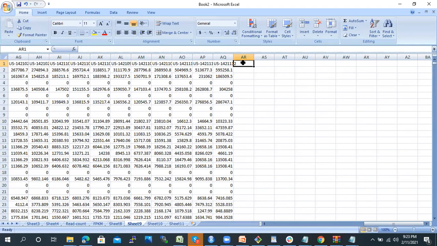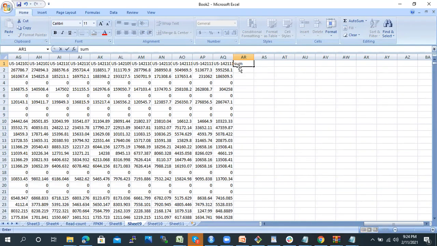We need to process these data sets, like these are FPKM values. So I am just removing those genes which have 0 values. We can filter out those genes. So how we can do it in R as well as in Excel. Right now, let me just show you in Excel only.